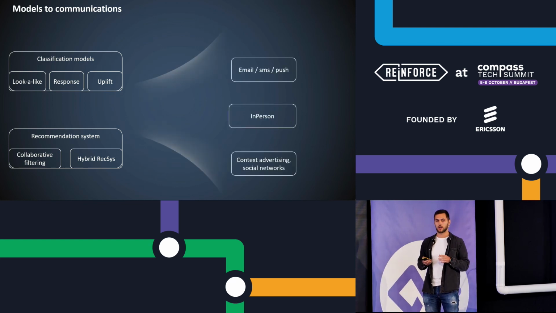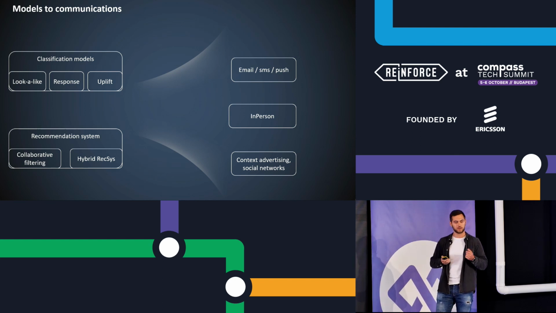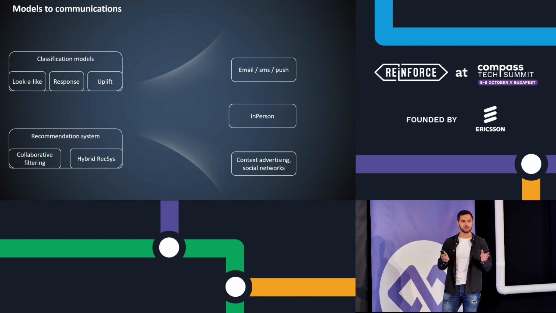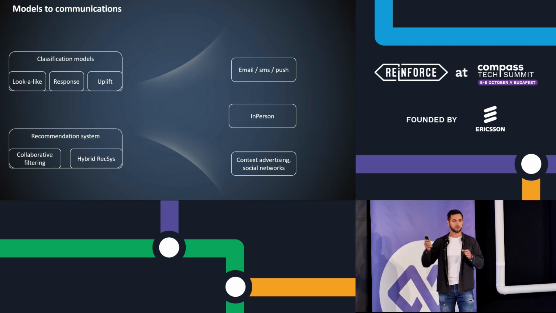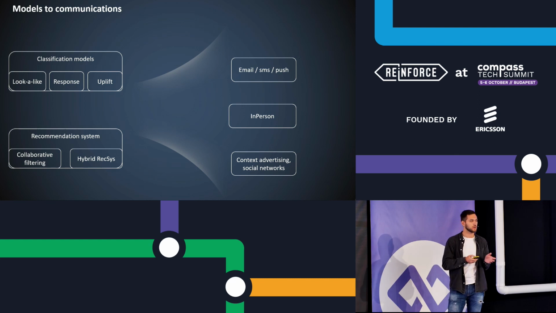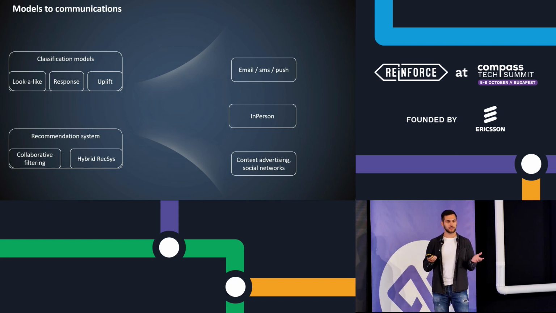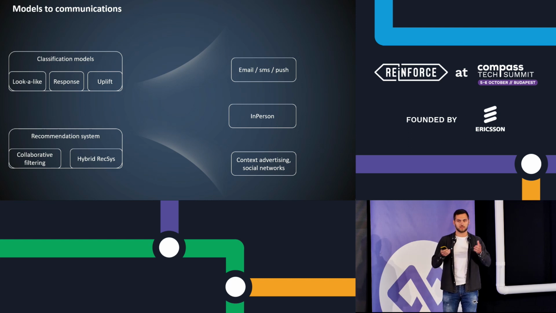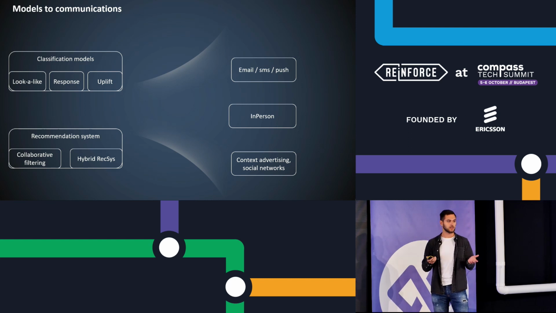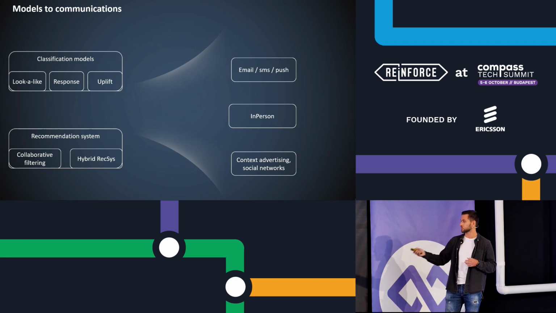And now this question: how do we communicate with the customer to make it effective? The answer is not obvious, it's very complicated. Let's have a look at 3 main channels through which we can communicate with customers. We can communicate via email, SMS, push, WhatsApp, whatever the customer prefers. We can communicate in person if we have a person in the loop. It could be a sales representative, an assistant, or some people who communicate with the customer one-on-one. And it could be personalized advertising through social networks, for example, or in Google search.